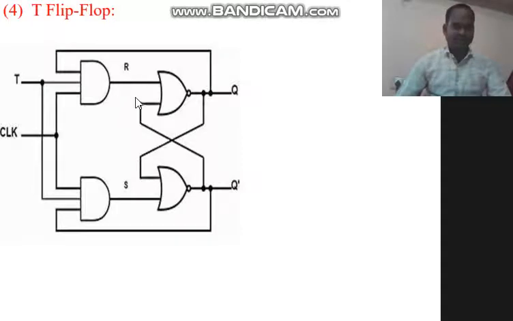So in the T flip-flop the only difference is, here these two gates are called NOR gates, and these gates are called AND gates. So otherwise, the T flip-flop is also designed from the JK flip-flop. From the JK flip-flop, J and K both are connected together without any NOT gate. So the circuit is called the T flip-flop circuit.